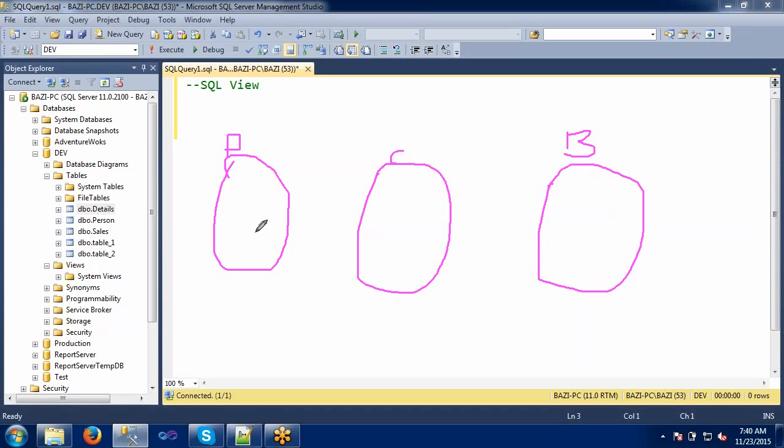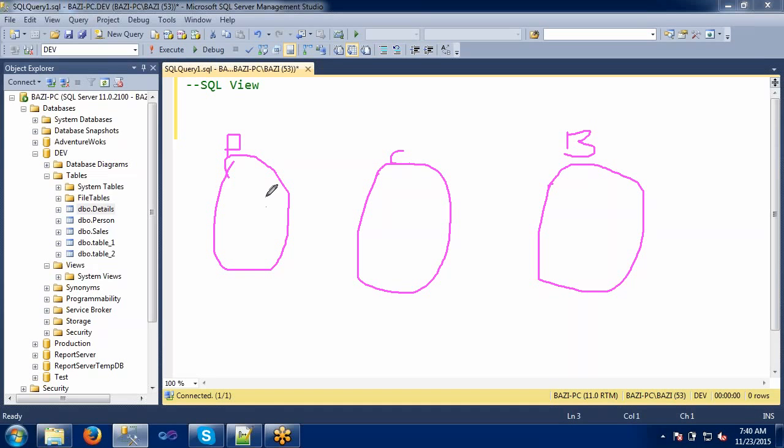Why? Because data will be coming from... Sir, I'm unable to see the tables individually. You are saying from this table and from this table. Yes, the cursor was not moving on my screen. Can you move the cursor on these tables?